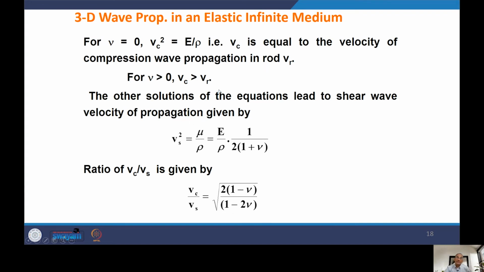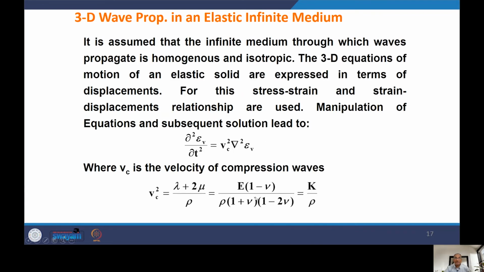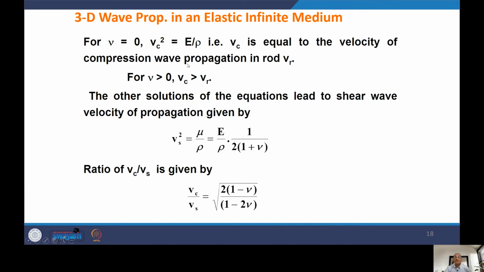However, when mu is greater than 0, which is the realistic case, Vc will be greater than VR. For example, when Poisson's ratio is 0.5, Vc will approach infinity. So as Poisson's ratio changes, Vc keeps going greater than VR. Then the other solution of the equations leads to the shear wave velocity of propagation, given by